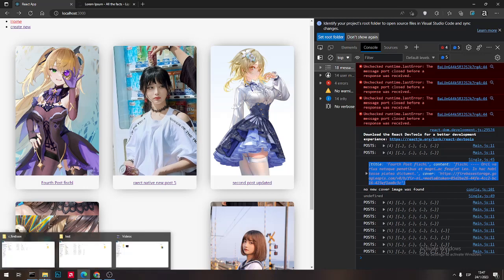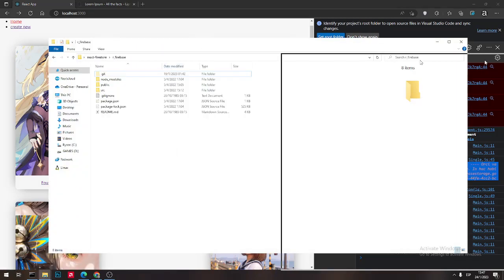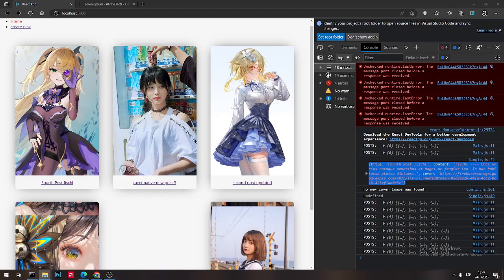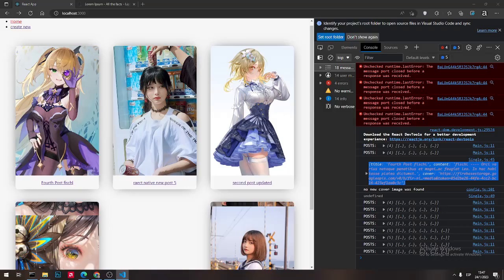Okay, let me just show you. Where is my, it's this one, okay. Let me just move that one out of the way, open that with code, and move that as well. I have my config there. I don't want to show you my Firebase credentials, but